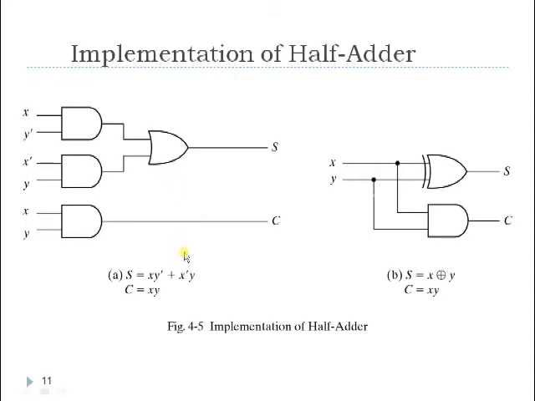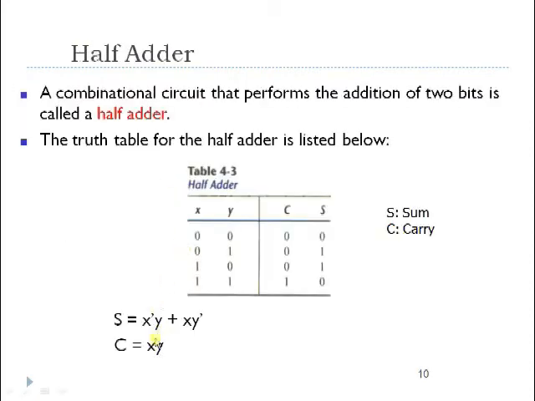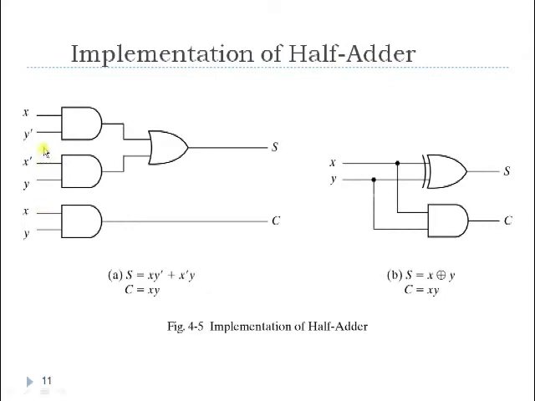Now as I have got the expressions, I'm going to implement them with the help of a logic diagram, that is, with logic gates. Here you can see x y bar. As one of the minterms is x y bar, I took one AND gate and one more AND gate whose inputs are x bar and y. These outputs are ORed so that we get the function S. And C is xy, so it is an AND function, therefore you give the two inputs x and y to the AND gate, and the output is C.